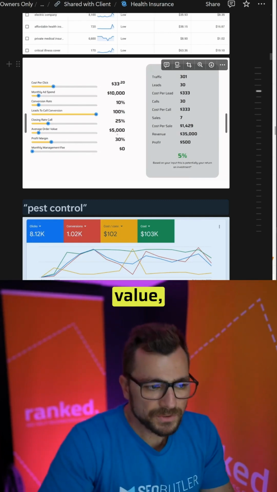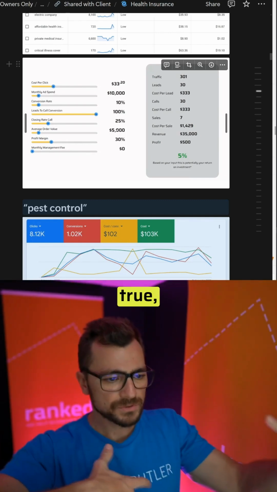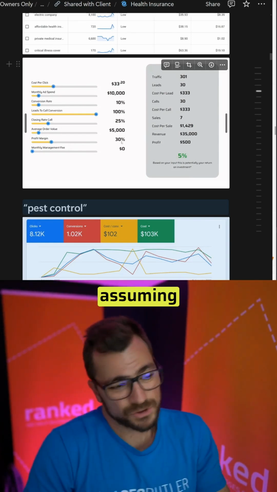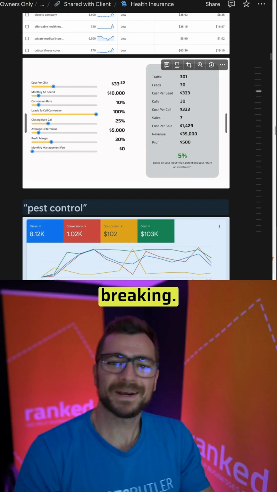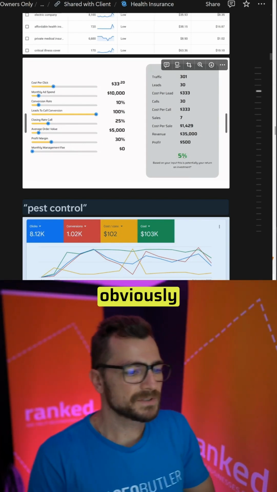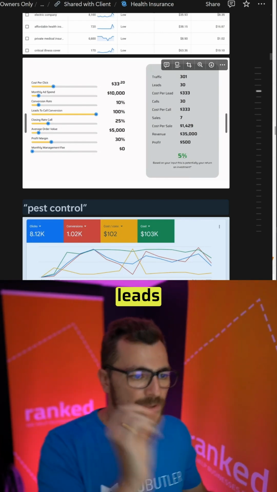Average order value, it's about 5 grand is what I was told. Whether or not that's true, I don't know. Profit margin, I'm just going to make it up, but I'm assuming it's about 30%. At these figures, we're barely breaking even. So something's obviously miscalculated, something's obviously not right, or this is just not a space that those leads might be